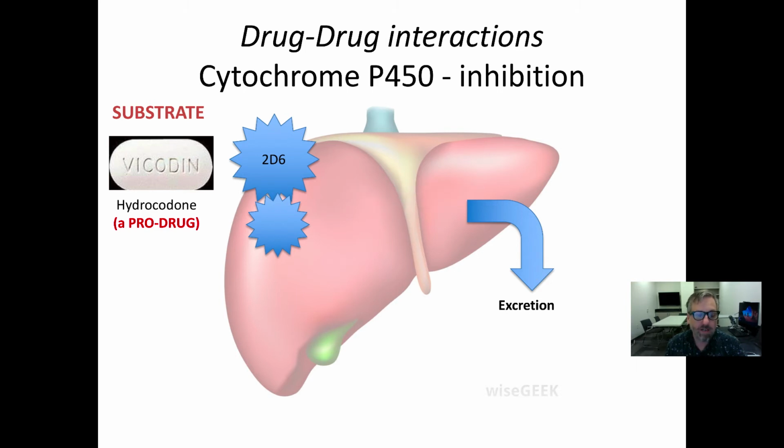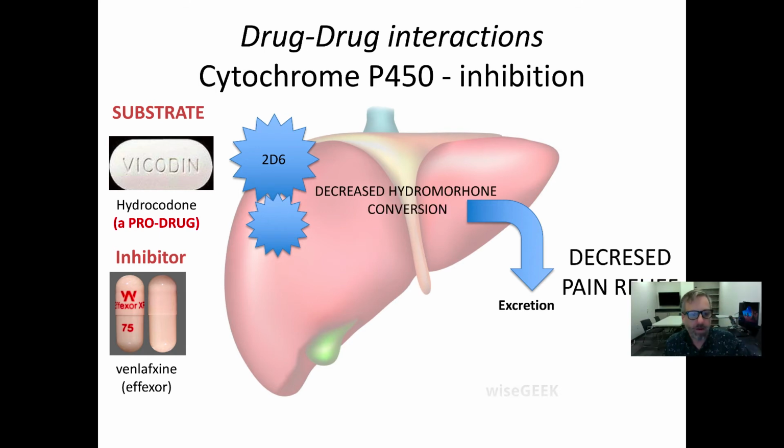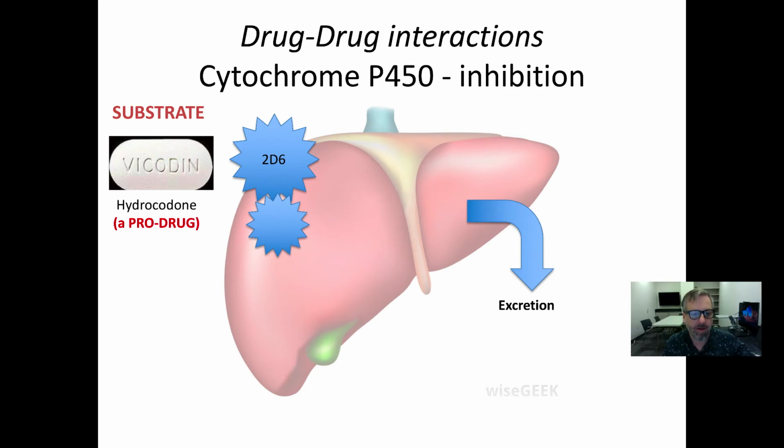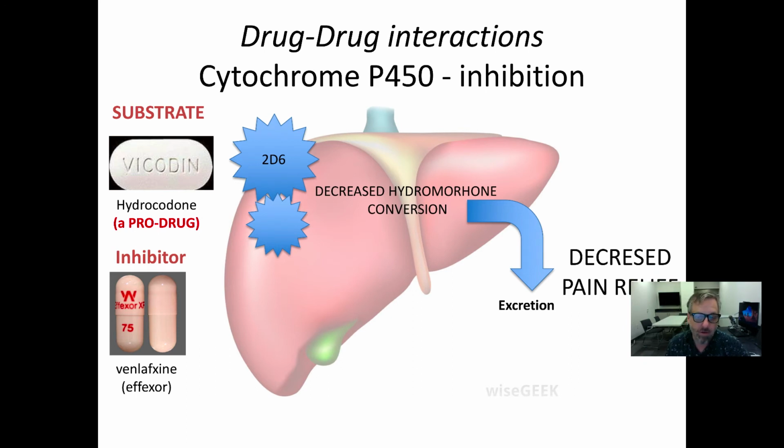So what happens if we take the 2D6 and we introduce an inhibitor? Venlafaxine actually slows down the rate at which 2D6 works. That's known as an inhibition reaction, or an inhibitor. So let's go back for a second. Somebody's taking Vicodin, it's breaking down into hydromorphone, and they're having pain relief as a result. We now add venlafaxine, an inhibitor. That's going to make that 2D6 pathway process that drug more slowly, which is going to result in decreased hydromorphone conversion. And practically for our patient, clinically, what we're concerned about is that that could result in decreased pain relief